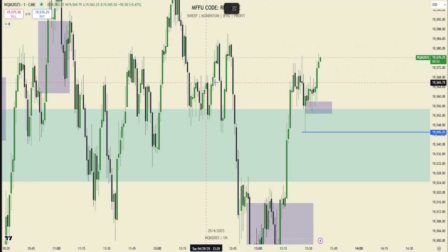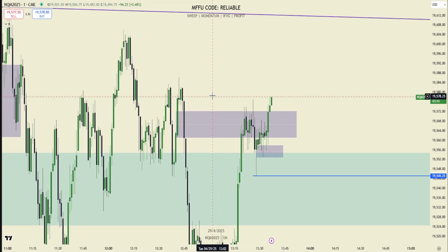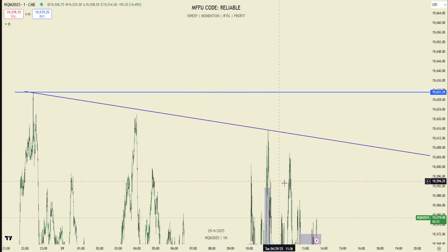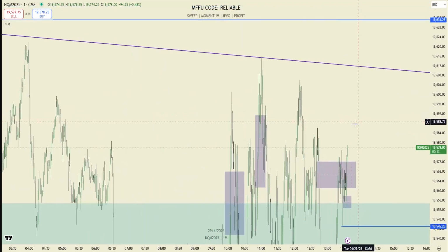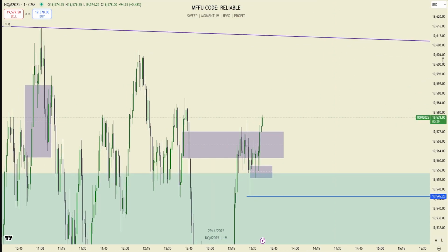So it looks like we just inversed that last 1 minute gap, that BPR that was holding price down. We took out the equal highs, and so maybe this is where we start to see price run the LRLR. My final target for this would be like 631. And then yeah, our goal right now is just to essentially wait for a stop run or a retrace or a tap into a gap here to take long.